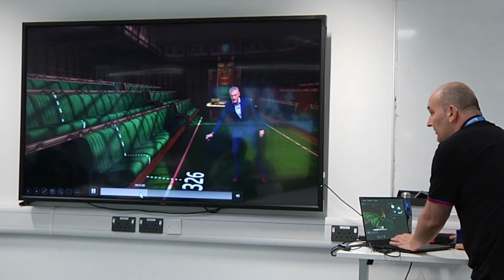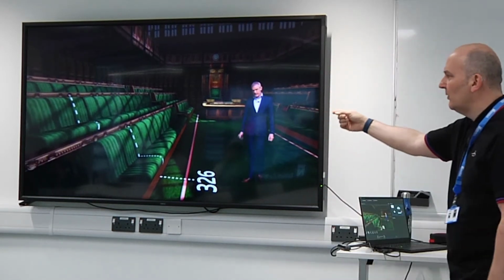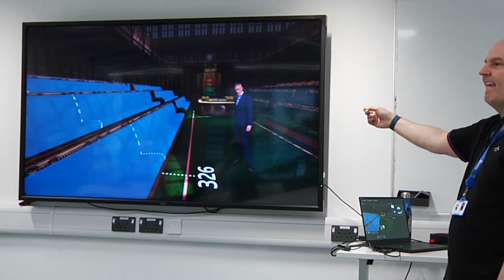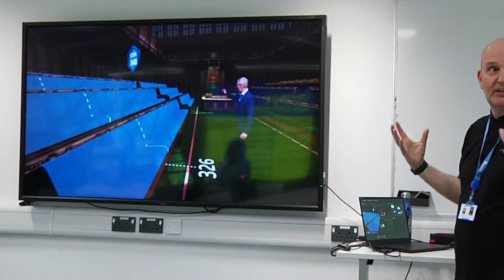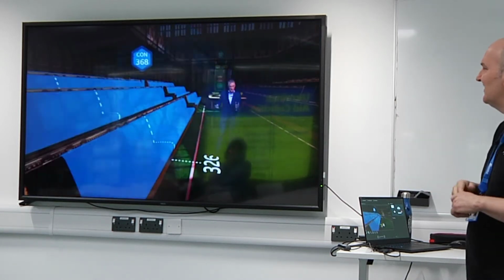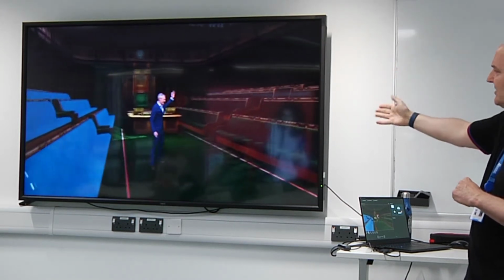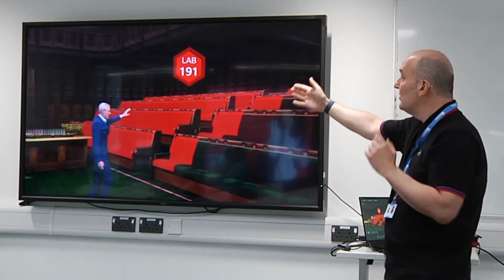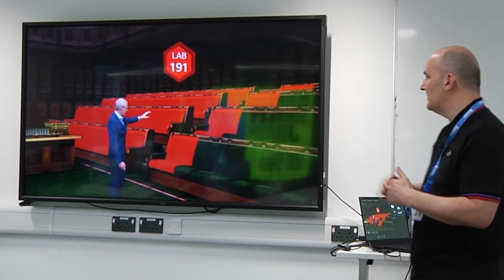This is called VR. So here's the Commons, the House of Commons. Anybody know why the seats are green? That's because the Commons is the common place where everybody, the common people would assemble. So therefore the seats are green. But your constituency is represented by a person in that particular seat in the House. And as the results come in, you can see it says 191 to Labour. If on the night it suddenly went 192, that would update in real time,